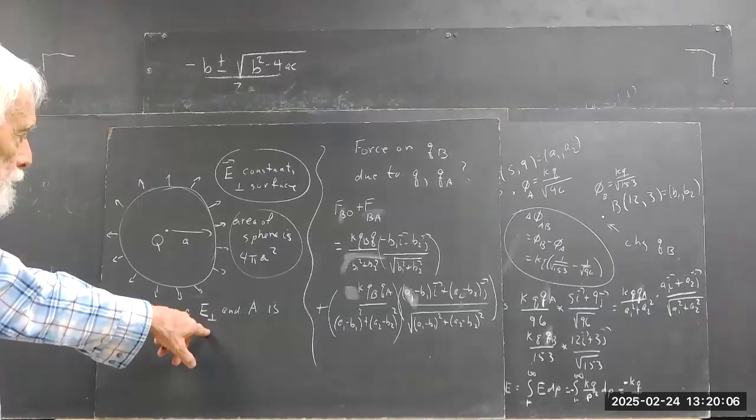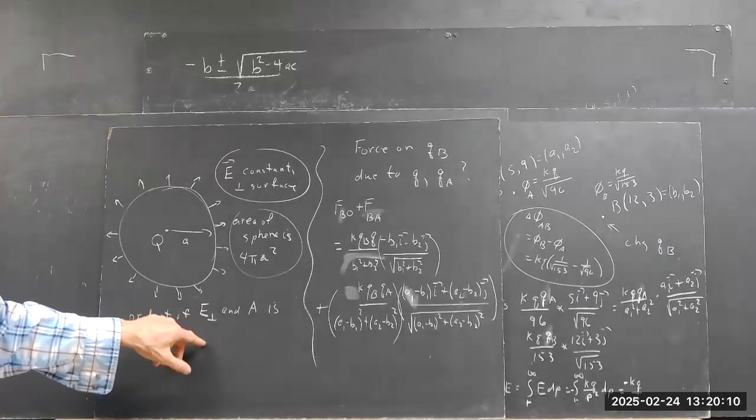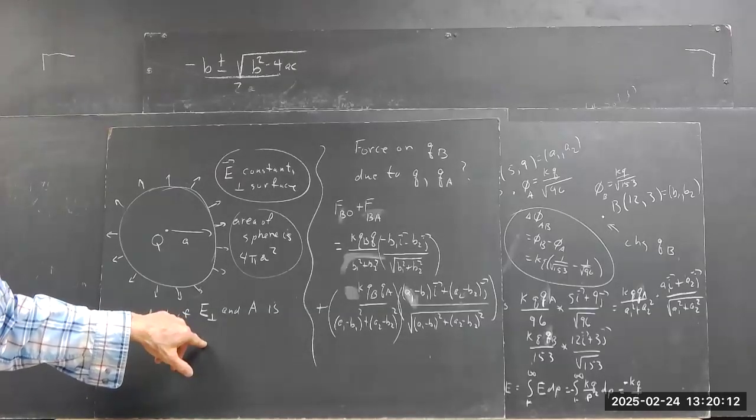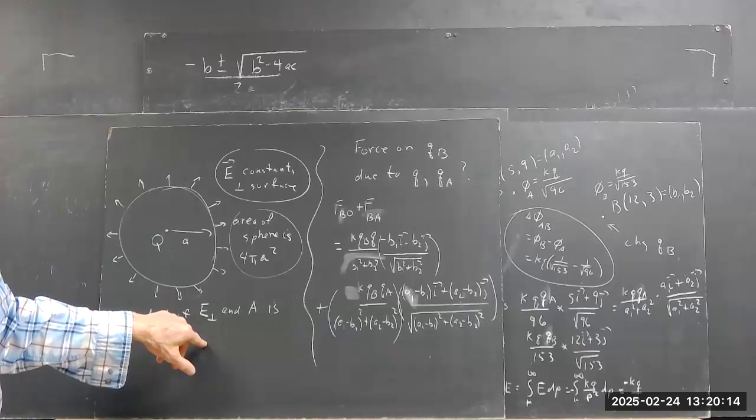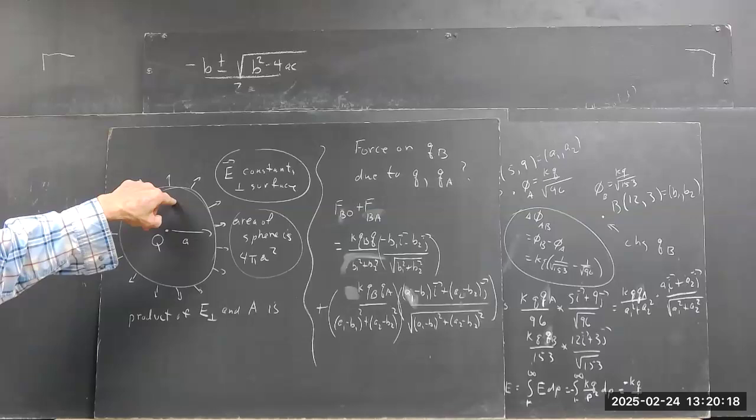Product of E perpendicular. And of course, E always is perpendicular, but I'm going to write E perpendicular anyhow. Not because it's always perpendicular, because if I move this charge over here, it's not always going to be perpendicular,